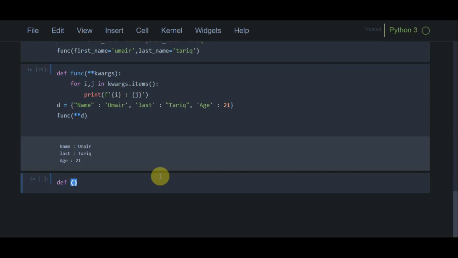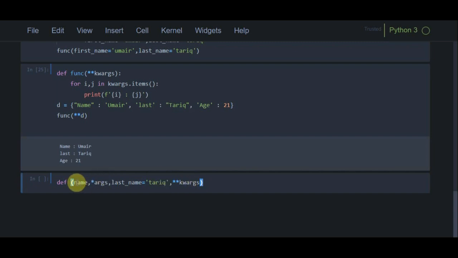Suppose I write name, and then I use star args, and then I write last name. I can assign last name here directly, and then at last I have to use double star kwargs. As you can see here, double star kwargs must be used at last.